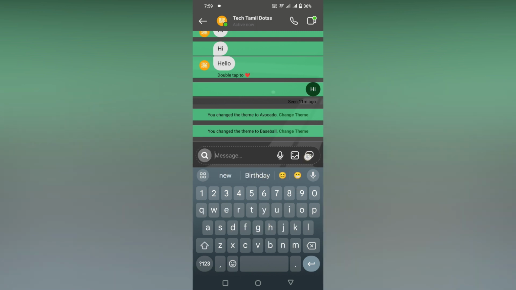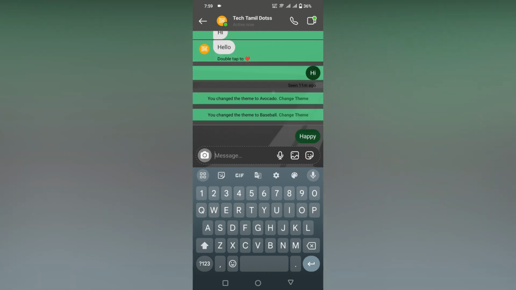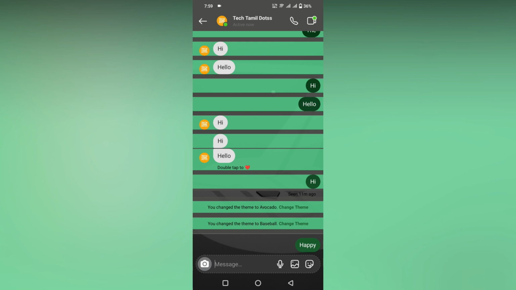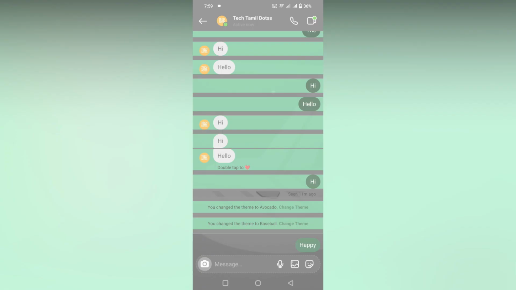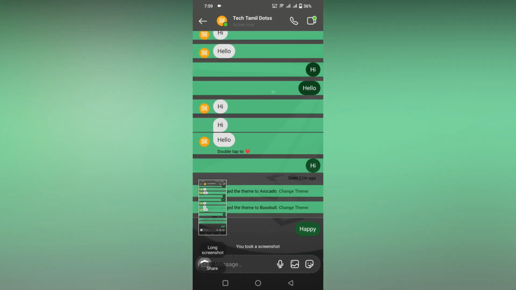So just for an example, I just said happy. So after turning this off, it will not appear. And also, if you take any screenshot, it will also be mentioned here. You took a screenshot on the vanish mode. So this will send a notification on the chat that you took a screenshot. If they took the screenshot, it will also show that they took the screenshot like that. This is the vanish mode